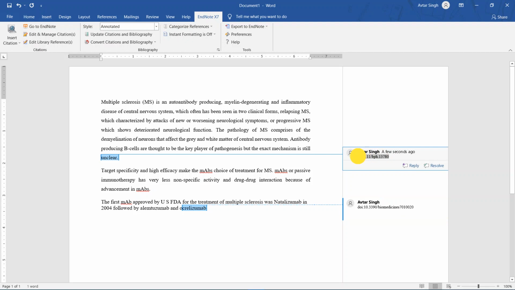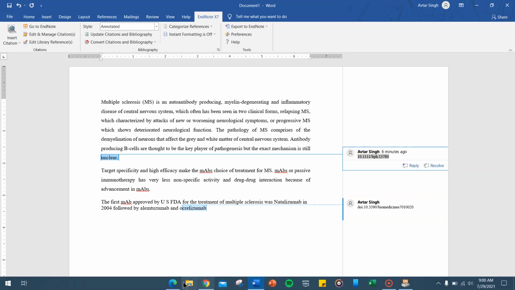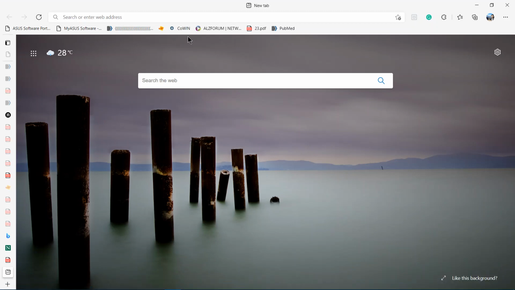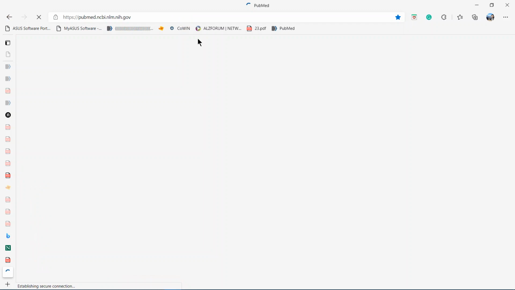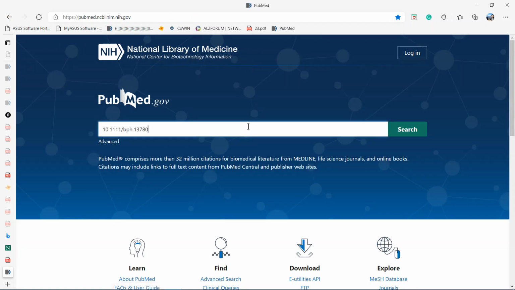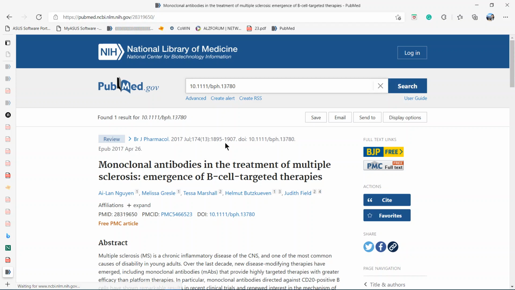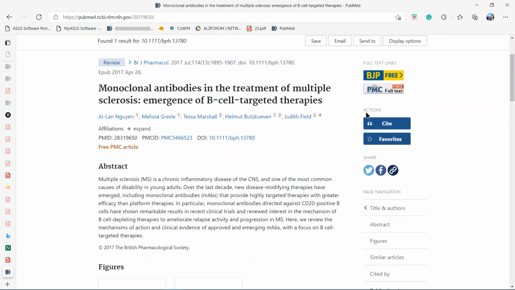I'm going to search this article using this DOI number. Going to PubMed, or you can directly search, no problem. If you have the DOI number or the title, I just entered the DOI number into PubMed and I got the article.